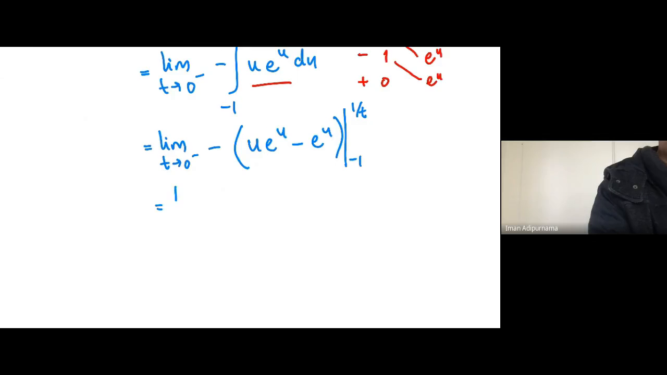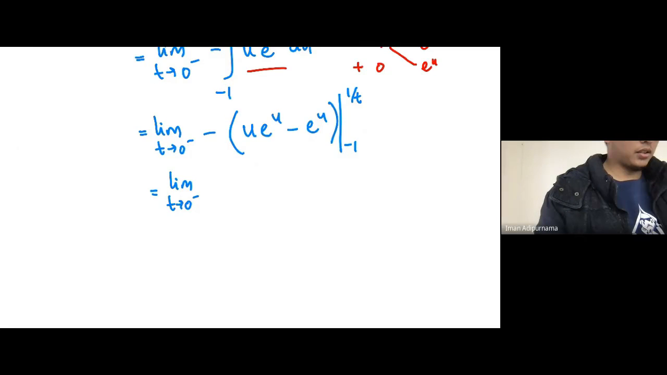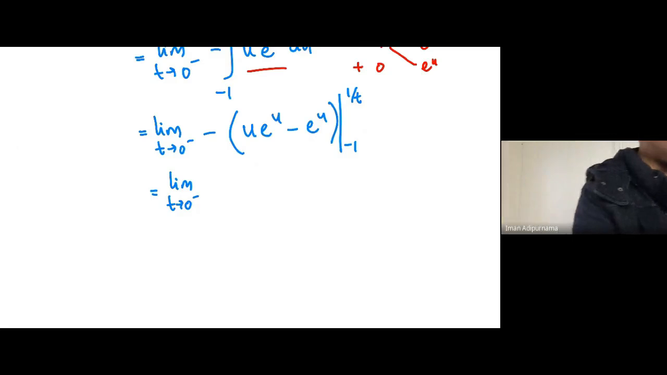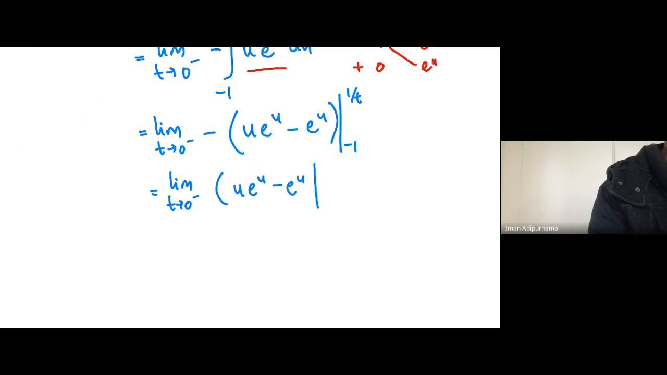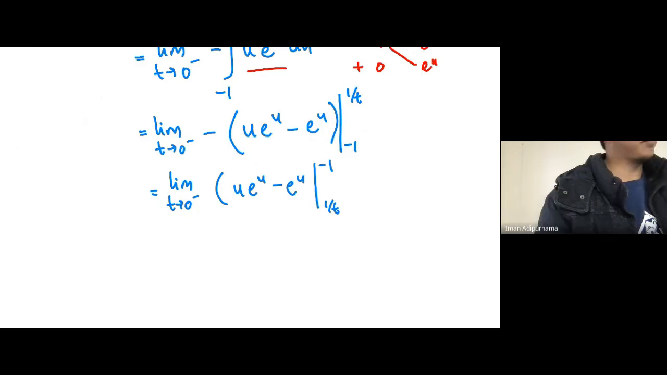And then writing the limit, and then let me just change the integrals. Just flip the integrals, okay, and the negative will be cancelled, okay,